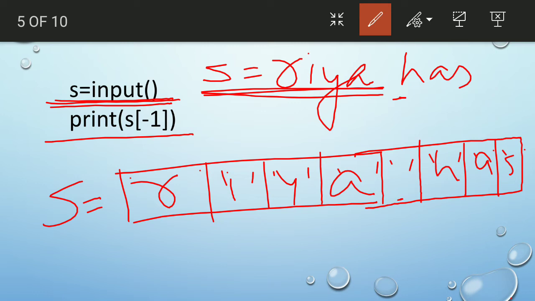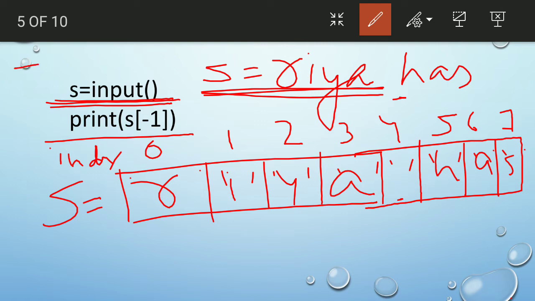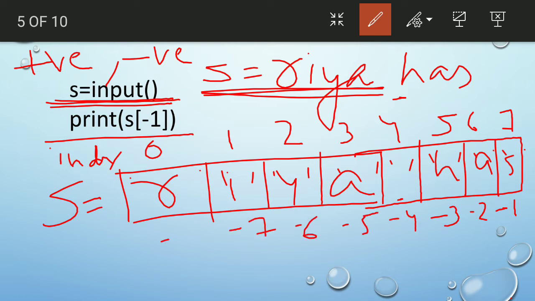So it has the indexing, and this is your index. The index starts from 0, 1, 2, 3, 4, 5, 6 and 7. This is called positive indexing. In Python there is both positive indexing as well as negative indexing. Remember that. Negative indexing starts from the right side, from -1, -2, -3, -4, -5, -6, -7 and -8.